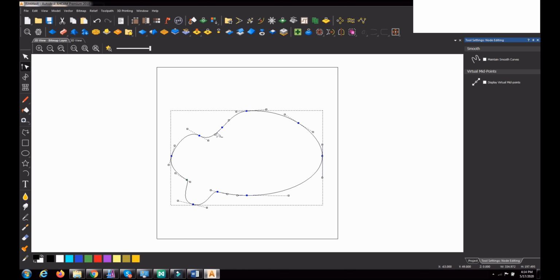Any vector will always have a starting point, that is here. You can also change the starting point.